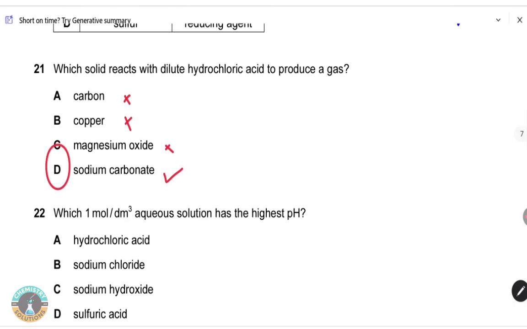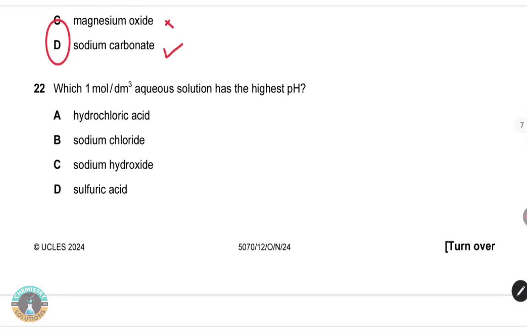Which 1 mole per decimeter cube aqueous solution has the highest pH? Always remember that the highest pH does not go along with the acidic character. Highest pH means above 7. If we're talking about the highest pH, it will be alkaline. So